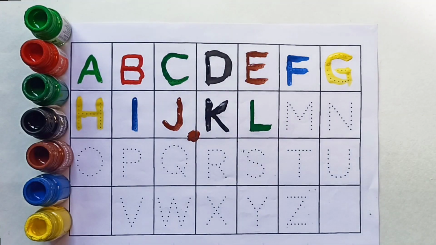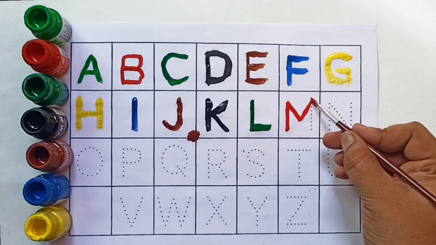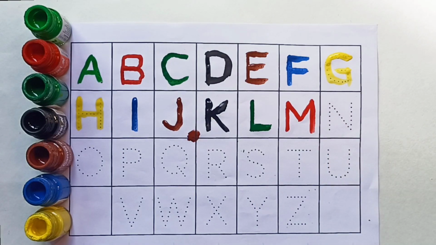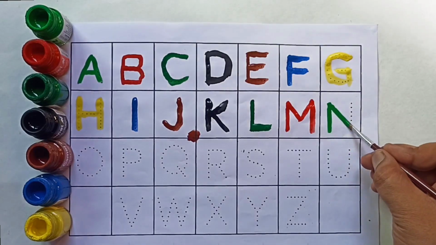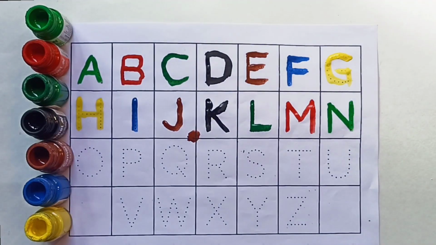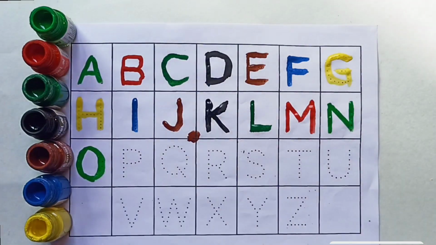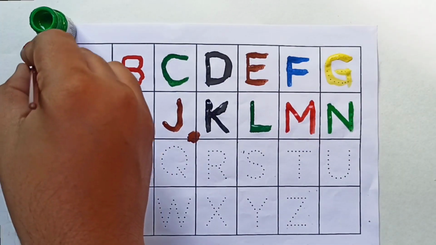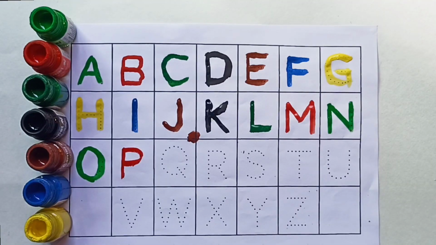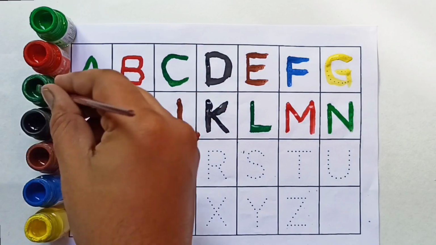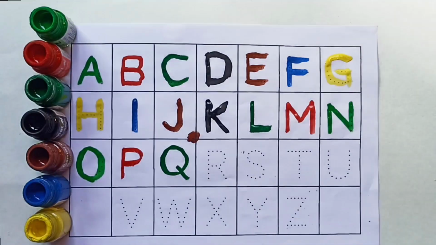L for lion, M for monkey, N for nets, O for orange, P for parrot, Q for queen,